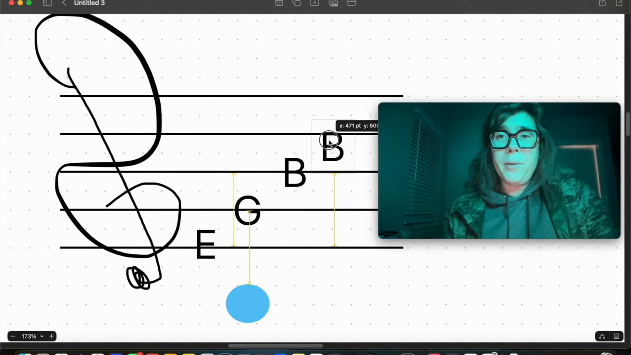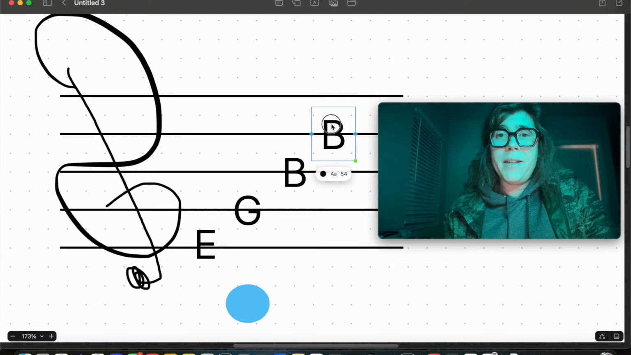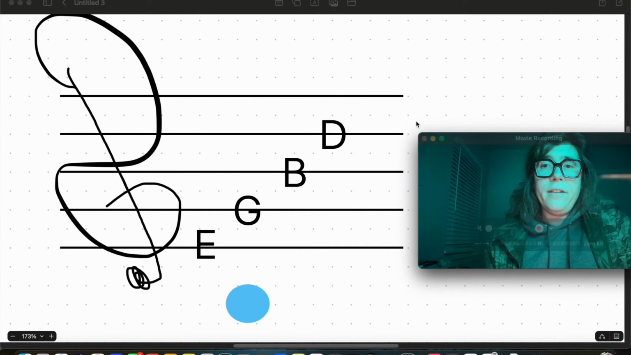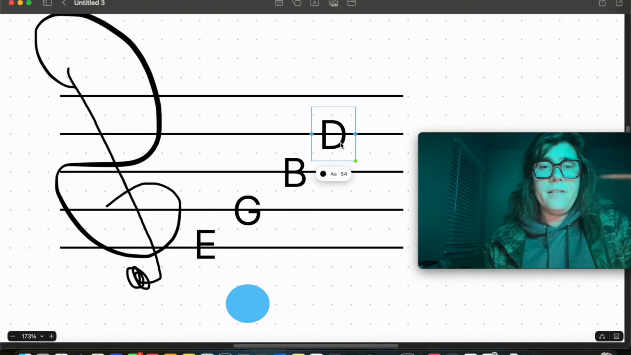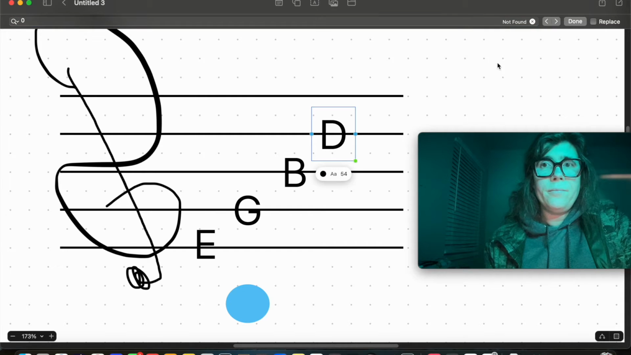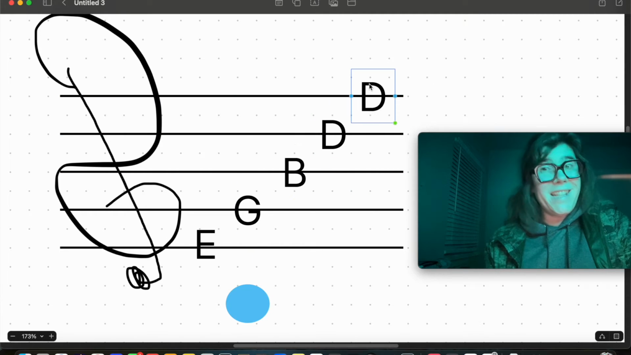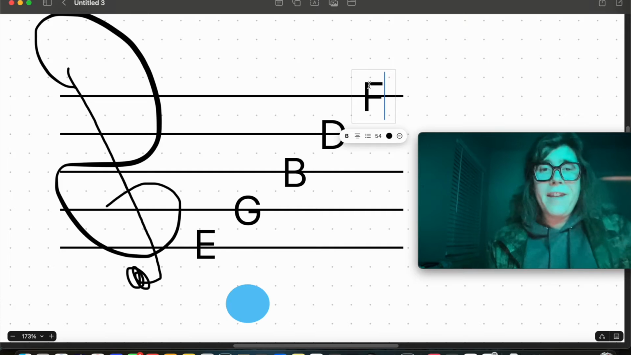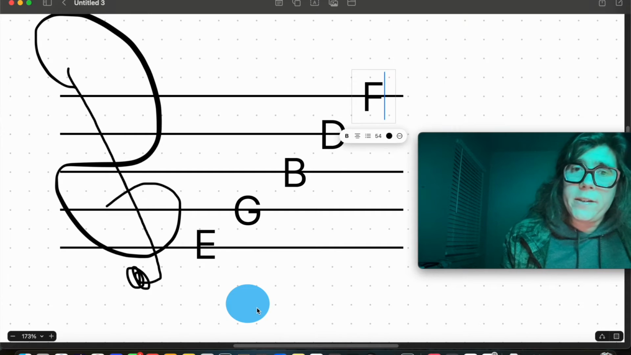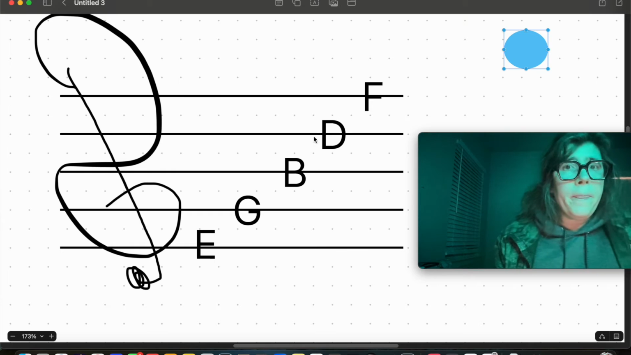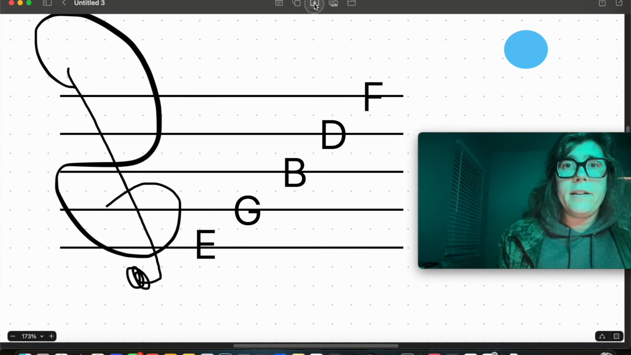Can you guess what the next one will be? It's not a B, it's a D. Yep. And then near the top here, oops, finger slipped. It's not a D, it's an F. Now, one easy way to remember this, and get this guy out of the way, is to recall that the